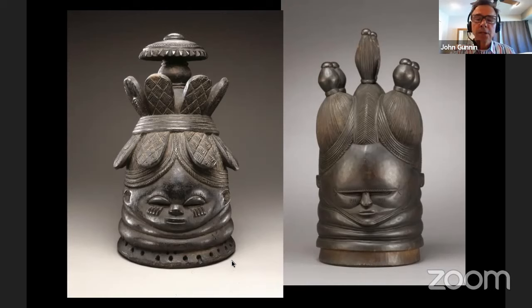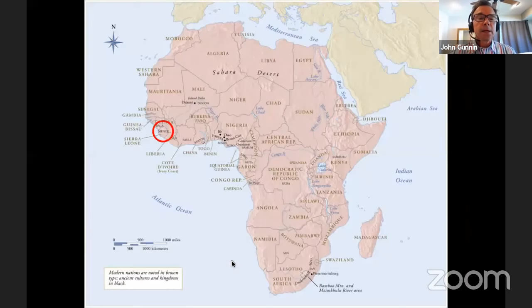So I want you to look at them and ask, what do they have in common? What are some of the commonalities of them? Visual. So you're doing a little visual analysis here, and hopefully you see that the mouths are small, the eyes are sort of downcast. There are different features. The rings around the neck, we'll talk about those in a minute, are important. Here is a nice map showing the location of the Mende peoples.